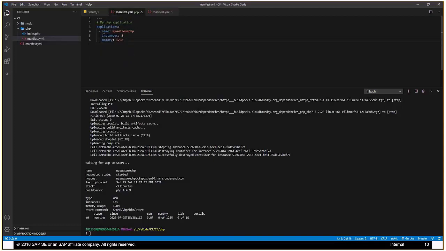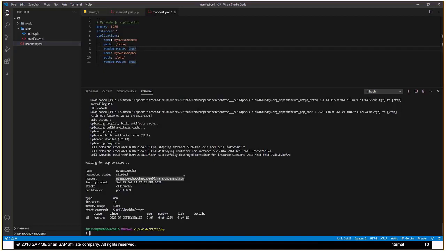If you noticed in the previous one, I said applications, then I gave the name, the instances, and memory. Now I'm going to keep the instances and memory the same for both my applications, Node and PHP, so I can bring it on top. That means it's going to be common for both. And then I give a name. Now I have to give a path, because I'm here in this folder and I need to tell where my Node application is. So I say Node. Now this random route is optional, but what it will do is create